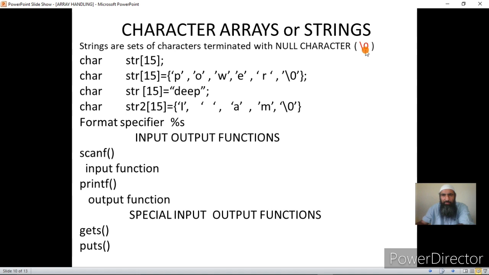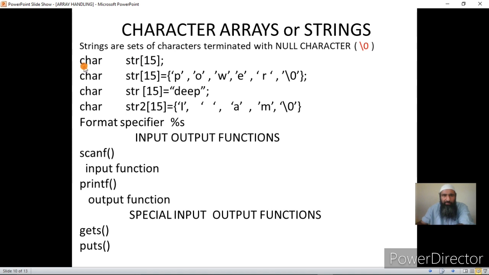I think I told you before that there are certain characters represented by two symbols, but they are taken as a single character. Now strings are set of characters. The only difference here is that in strings the last character should be the null character. Why is it like that? That I will explain once I explain to you input output functions. Now you should remember, a string is a set of characters terminated by \0.